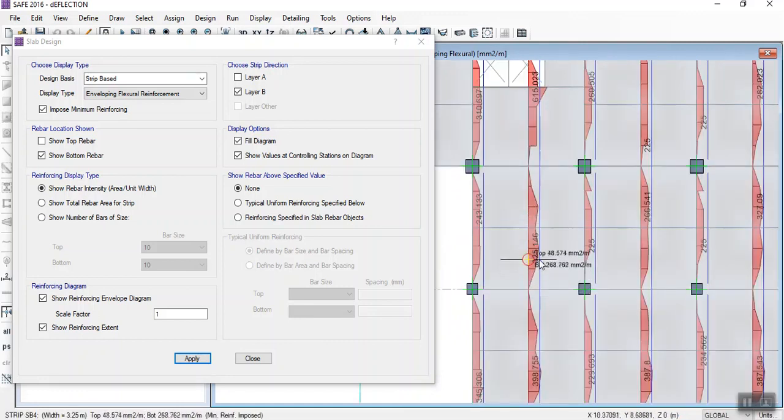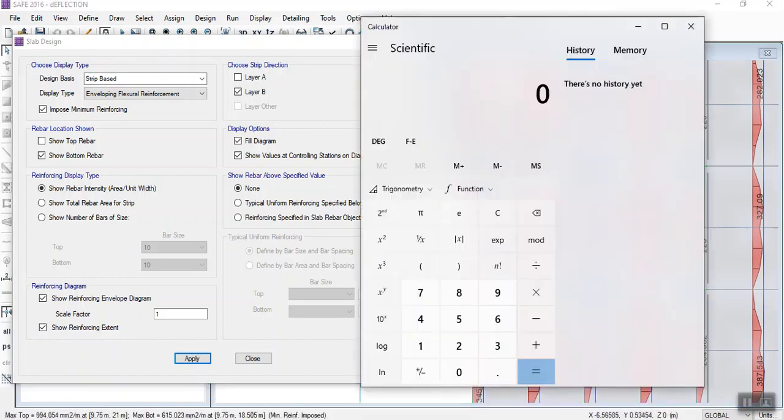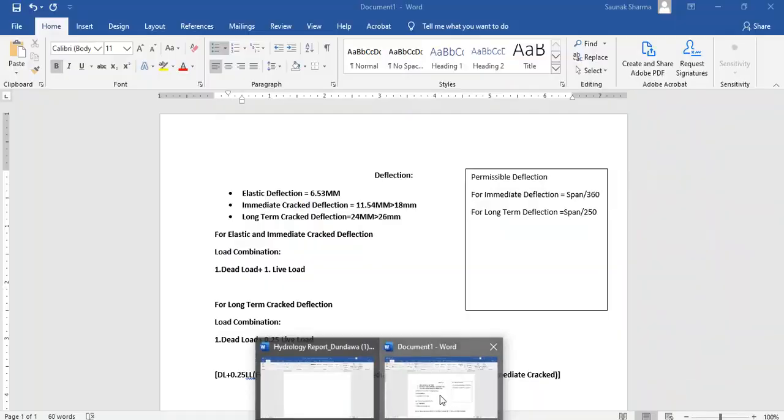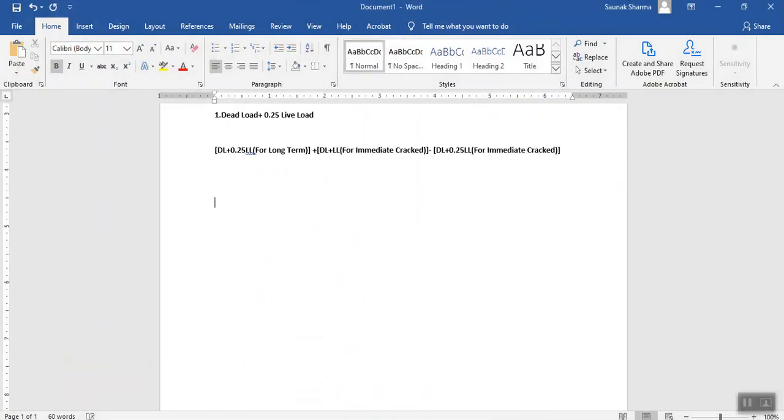Let's take that 326. Here I will calculate the spacing for you. If I have the area of rebar,